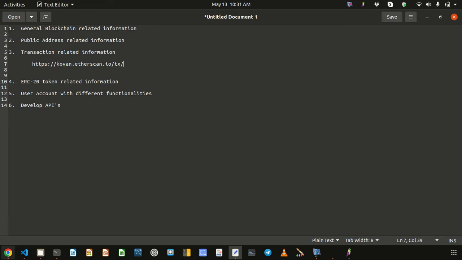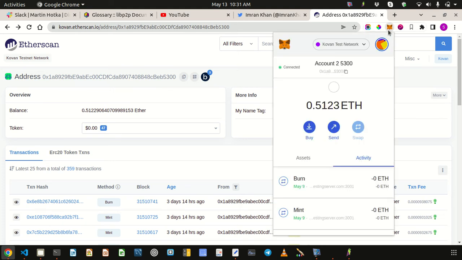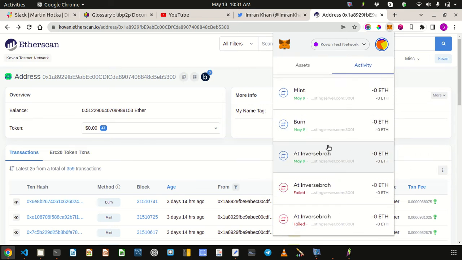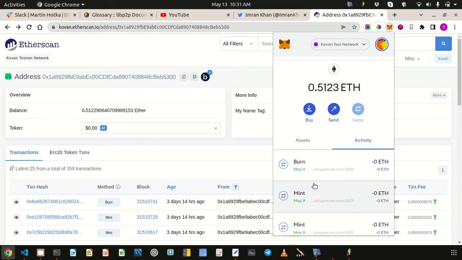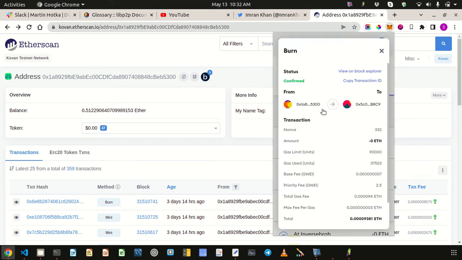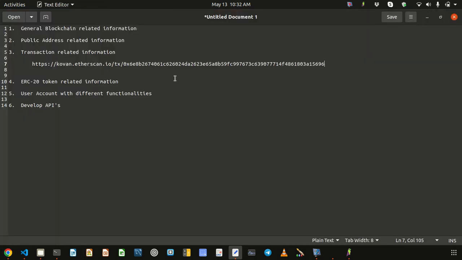So let me go back to my Ethereum wallet, and this is one of the accounts that I was using on the test network to do some testing. I have sent many transactions through this account, and these are called activities in MetaMask. If I click on a particular activity or transaction, copy the transaction ID, and come back to the text editor and paste that transaction ID,